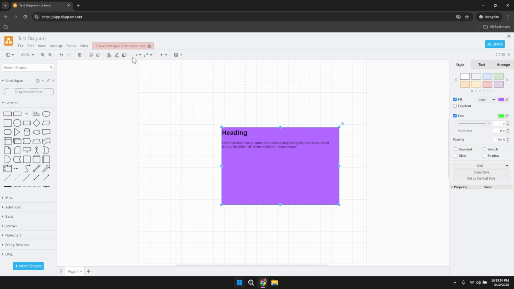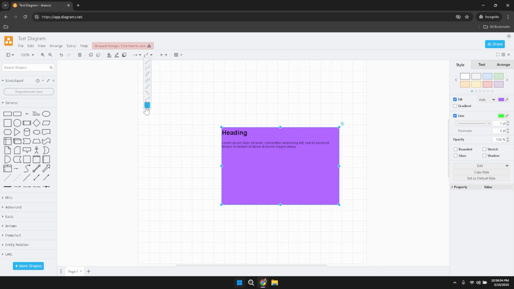The insert tool in the toolbar facilitates the addition of various elements to your diagram. Whether you need to add new shapes, images, icons, or entire sections, the insert tool makes it easy to incorporate a variety of components into your work. This flexibility is particularly useful when you need to augment your diagram with new information or visual elements to better